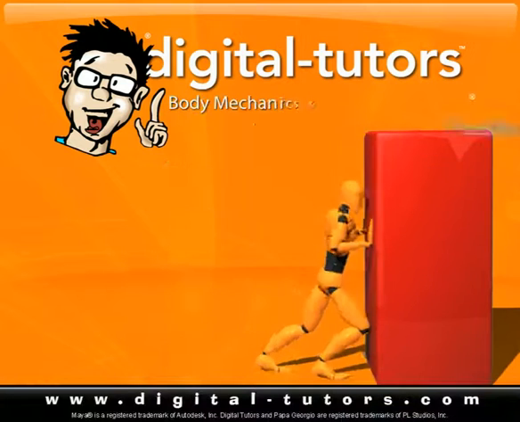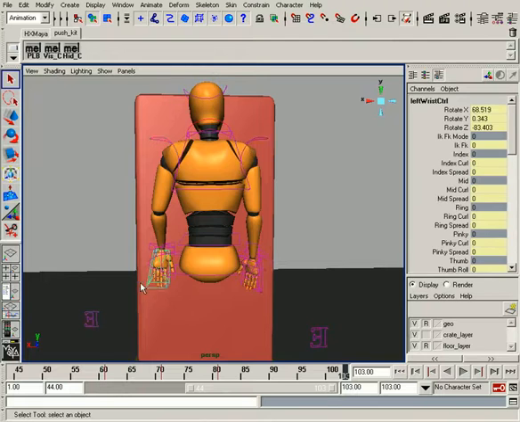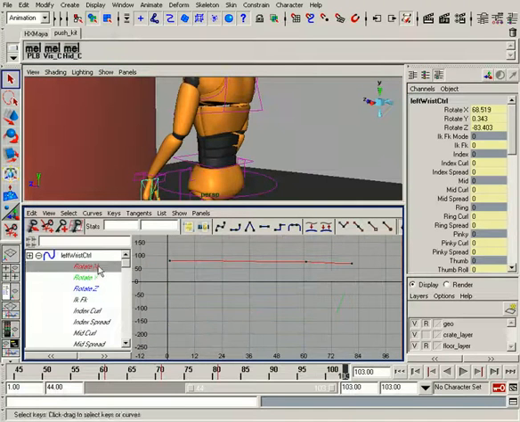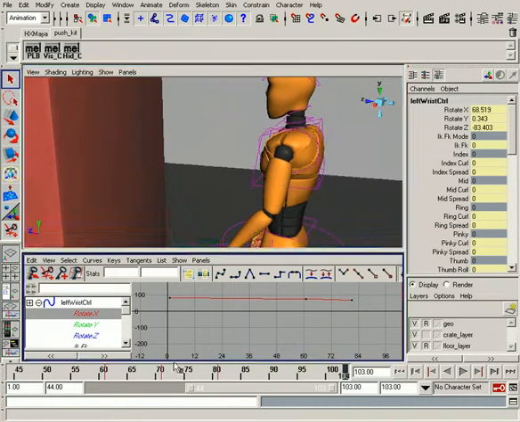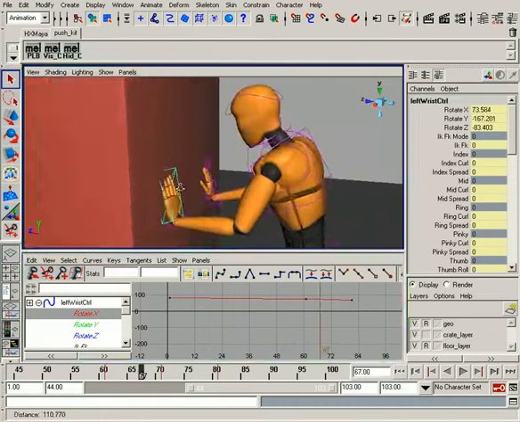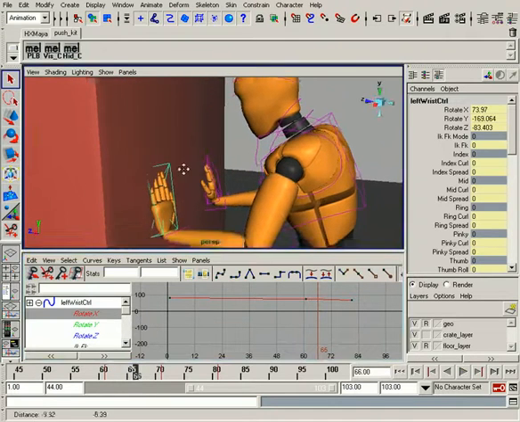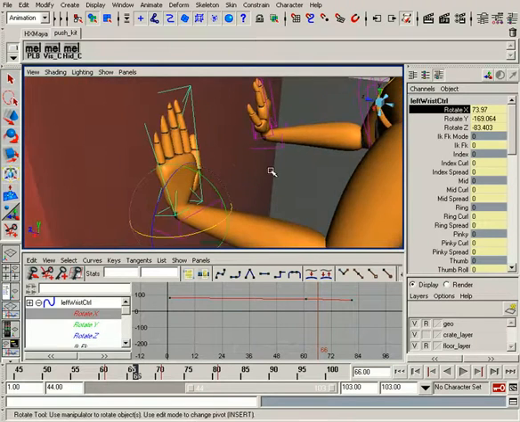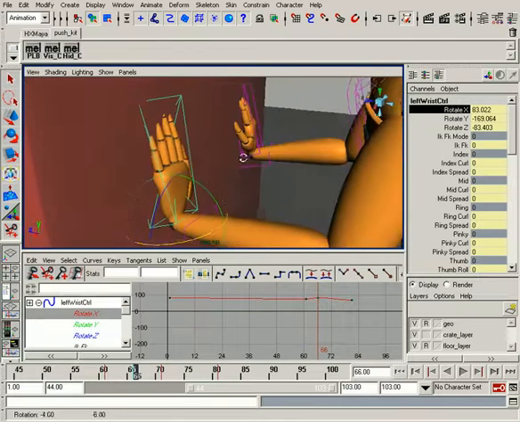Let's work on animating the left wrist. We'll select our left wrist control, go into our perspective and graph editor view, and we're going to start with the rotate X, and we'll animate it similar to what we did with the right wrist, so that as the character is pushing off, we'll rotate the wrist so that the hand is more flat palmed as the character is pushing off. So on the rotate X on frame 66, we'll just rotate the wrist more in, and then